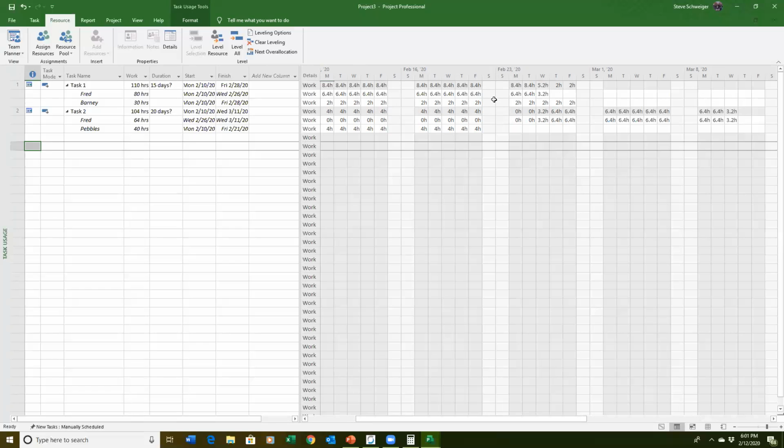I wish they would show remaining work as well, just so I could see it, but hey, I take what I can get. So when we look at this, we see that we are constrained by Barney, because Barney runs it out to here. And then when we get to Fred down here, Fred does his 3.2 here, and he essentially runs this out here to Wednesday for 20 days. And 1, 2, 3, 4, 5, 6, 7, 8, 9, 10. Yeah, roughly. So this one actually pulled it in a couple of days ahead,